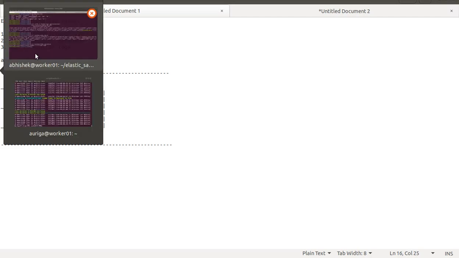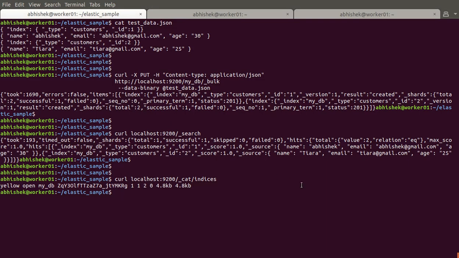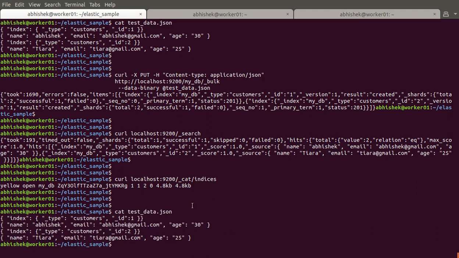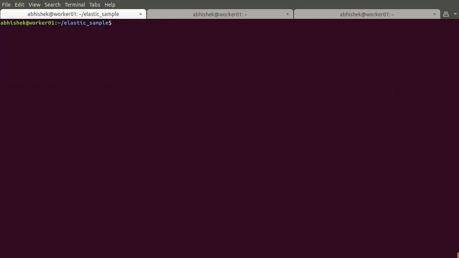So if you see the JSON data, here we tell it to store the data in the customers table. So underscore type is the table name, and here the table name is customers, and underscore ID is the primary key, or we can say a unique identifier. And for another record, we again tell it to save the data in underscore type, which means the table name customers, and the record with ID number 2. So here it is.